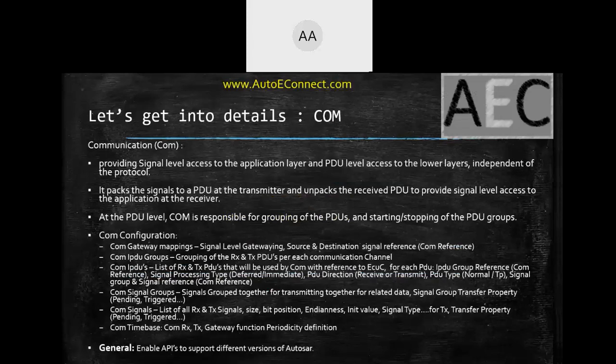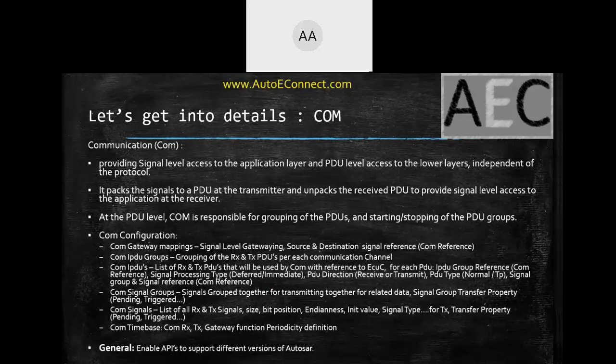Okay, so I am now jumping to the last module, but a very important module for the communication over any bus protocol. Of course, this COM module is a bus independent module. It doesn't bother about which communication bus or which communication channel it is coming from. Like we have discussed about the PDUR, all these are bus independent. They don't have any constraints with respect to the buses. So at the COM level, it doesn't know anything about where this PDU is going to be transmitted or received. So now let's see what the different functionalities are.